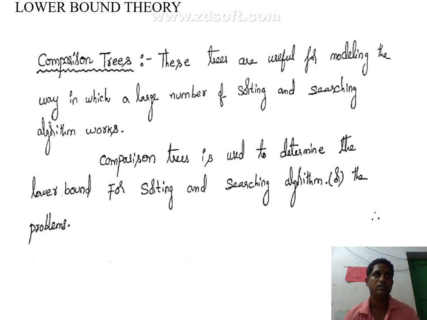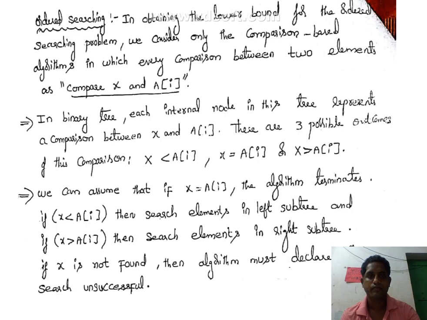So in the searching technique, we go from the binary search. We have three different types of operations: x equal to E(i), next one x less than E(i), and third one x greater than E(i). X less than E(i), the left, and x greater than E(i), the right subtree, and x equal to, determinative. If we cannot get any searching value, then it will say that it is an unsuccessful search.